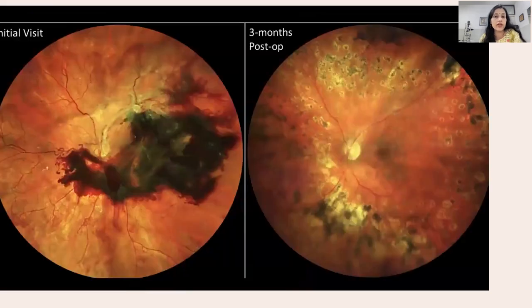So these are again wide field images, around 50 to 70 degrees, where you can see the preoperative fundus image with a lot of, again, retinal folds. We call them tractional bands as well. You can see hemorrhage there, and you can see a lot of neovascularization, new blood vessels, and this is post-surgery. So these imaging tools become a very important educative medium to explain to the patient what happens,